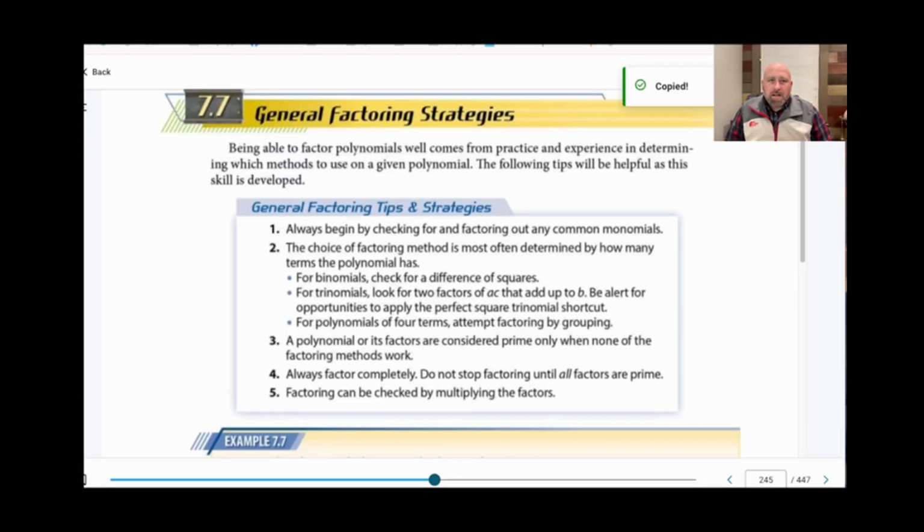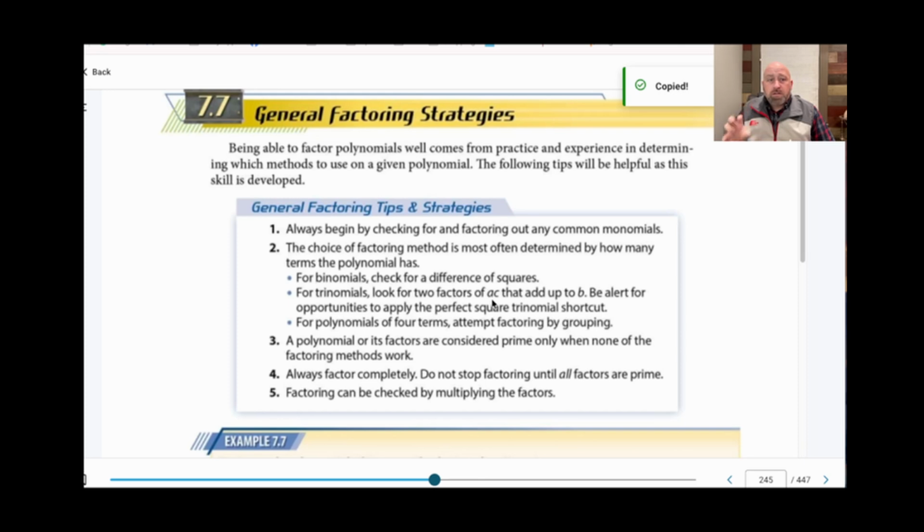Today we're going to be looking at the final lesson in chapter number 7. That's lesson 7.7 on page 245. On page number 245, you're going to see this last lesson. I'm really not going to teach anything new, but we're going to go over